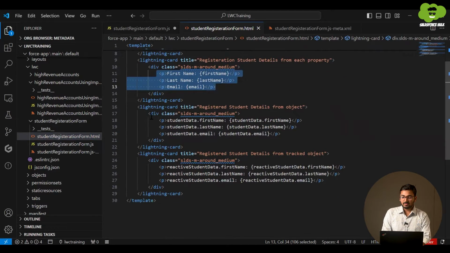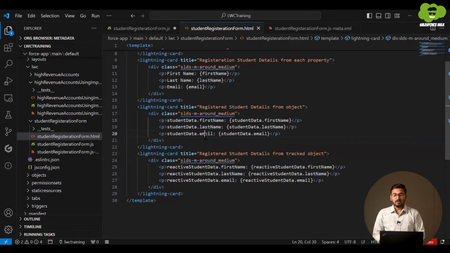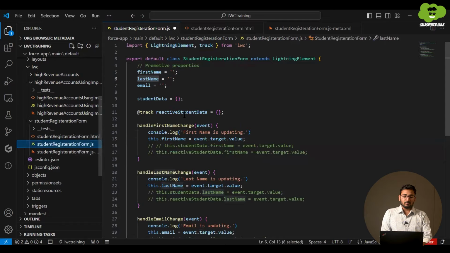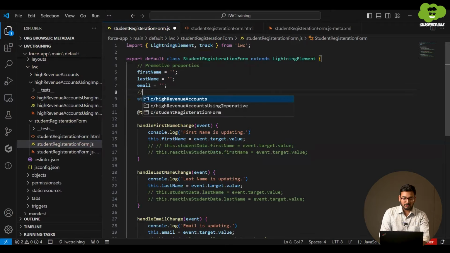Then there is another card which has studentData.firstName, studentData.lastName and studentData.email. Here studentData is a property of object type, which I have defined over here. This is a non-reference type or non-primitive property.